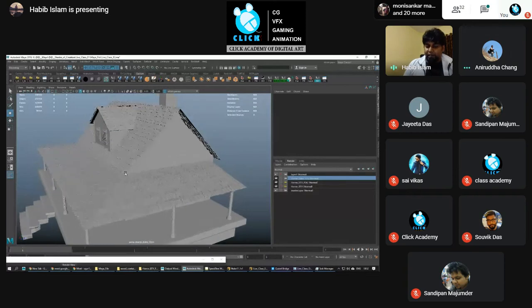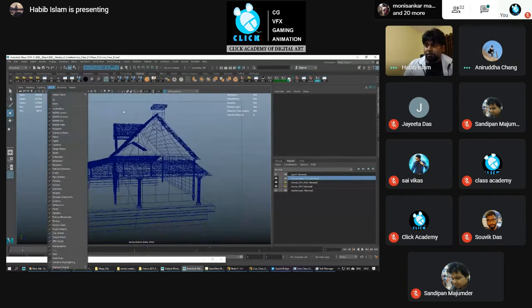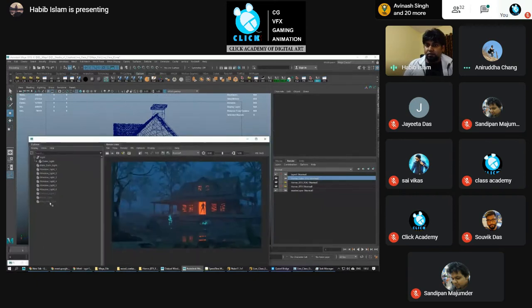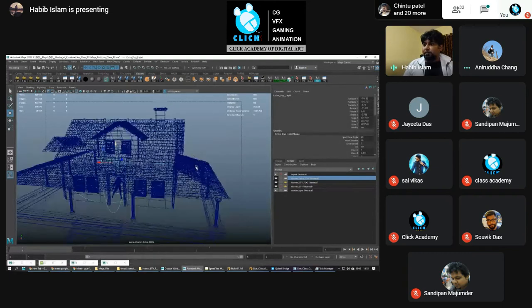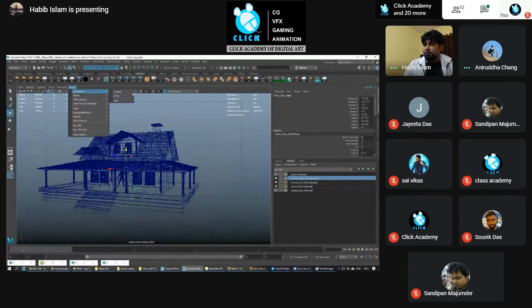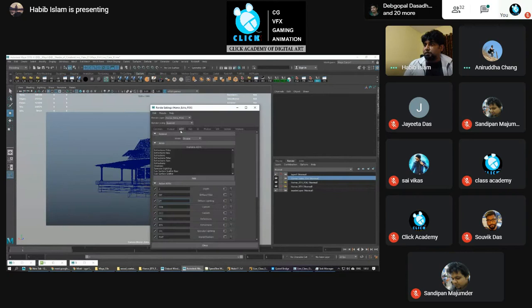So I've created a separate layer and put one extra light. This is the extra fog light. Switch on the extra fog light. So this is that light. For that I have used a point light. So to render this area,